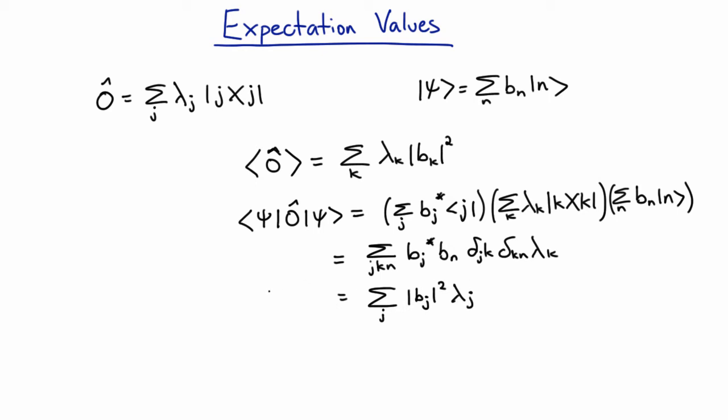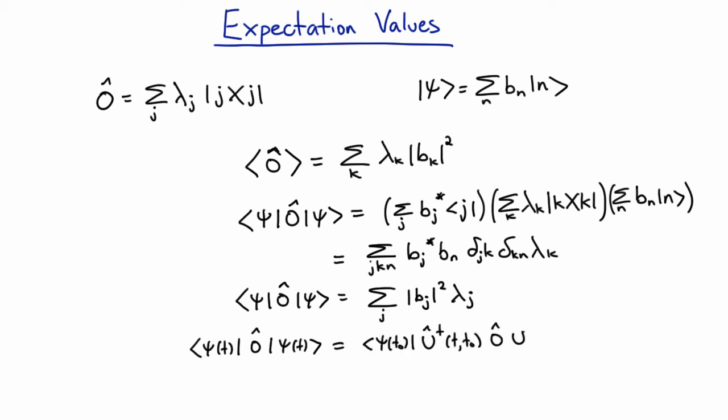And so you'll see that this expectation value of the operator is exactly the average that we'll get if we measure that thing. And so that's how you calculate the average. Now, averages are going to change over time because the state is going to change over time. And the state's changing over time in a way that we know exactly. So if we have the state at some original time, then you can expand the state at a later time as just the time evolution operator times the state.